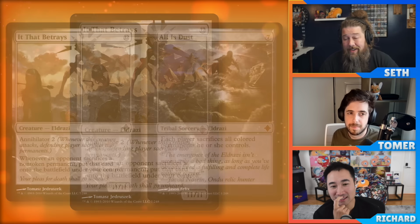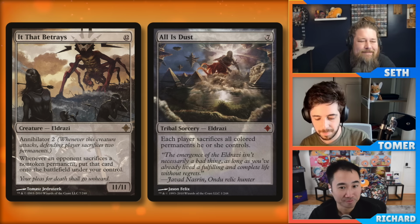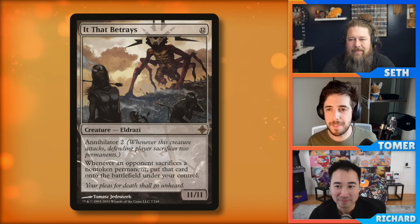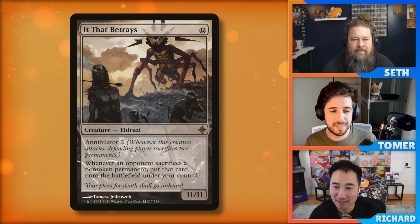When it works, it's pretty hilarious. Like this into All Is Dust, steal everyone's stuff. It's one of the coolest ways to win a game. So I think it's a B, but it's a really cool B. I totally agree. The effect is very powerful. It's a really cool card, but you need to be in a deck that makes your opponents sacrifice a lot,